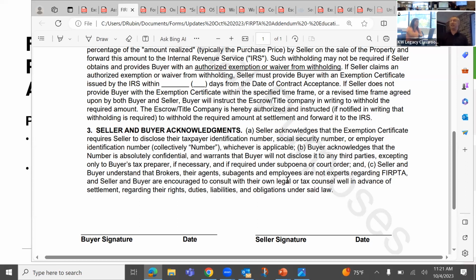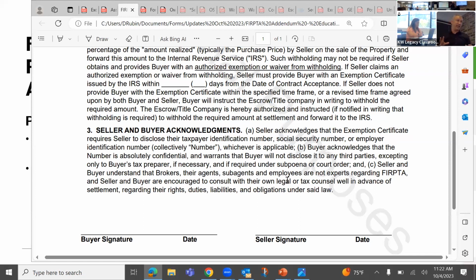to handle this. Basically, how it works is that the buyer is responsible for withholding some amount of the seller's proceeds and it is sent to the IRS, and then the seller can go back to the IRS to maybe get some of that back. So it's a really complicated maneuver that it says right here we're not experts in, but I think this is great because if it's a disclosure, we're going to know about it sooner and we're going to be able to have that conversation with our title people right off the jump.